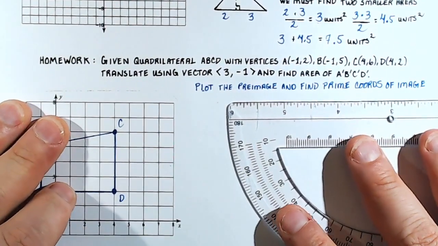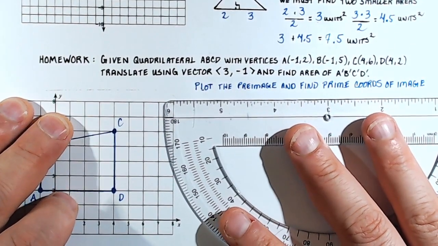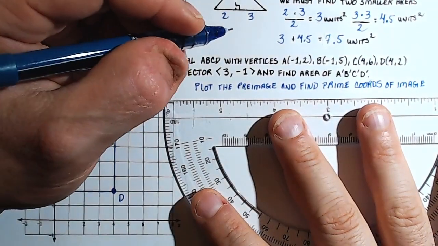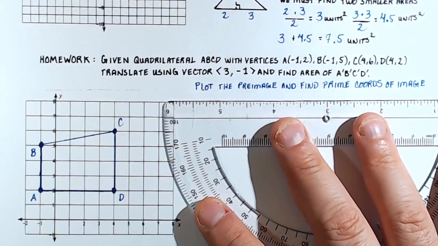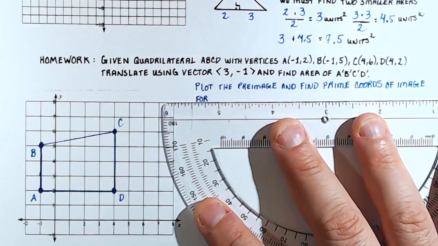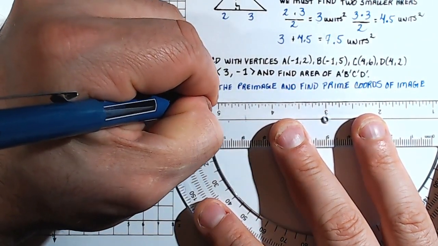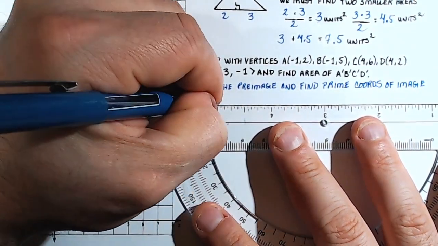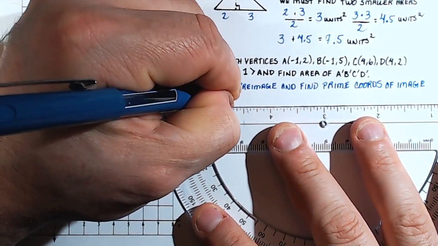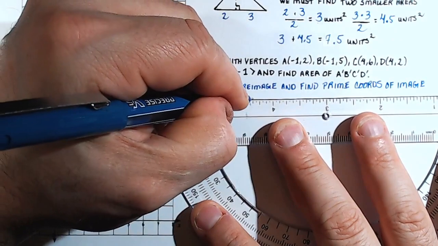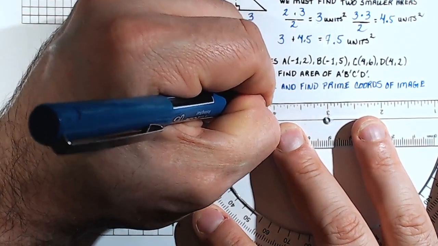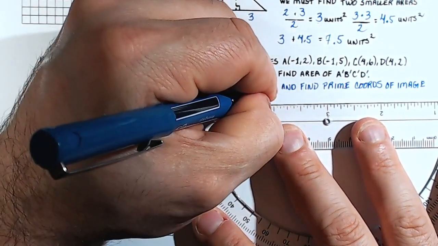All right. So let's see what we've got to do here. We're not going to worry about the area till later. So the first part of the solution is the translation part. So we can write for A located at -1, 2, right? We find that A prime is located at